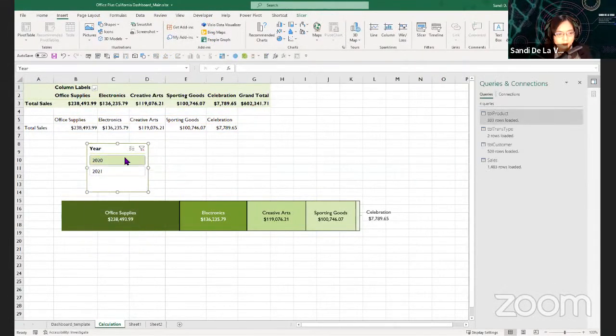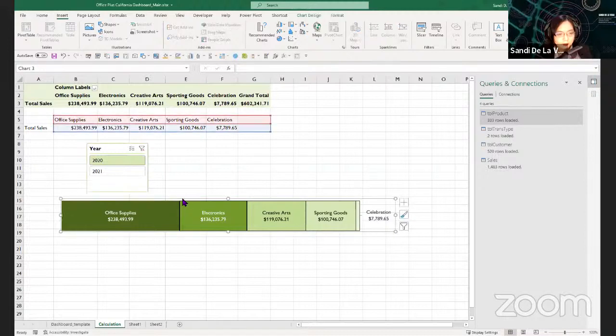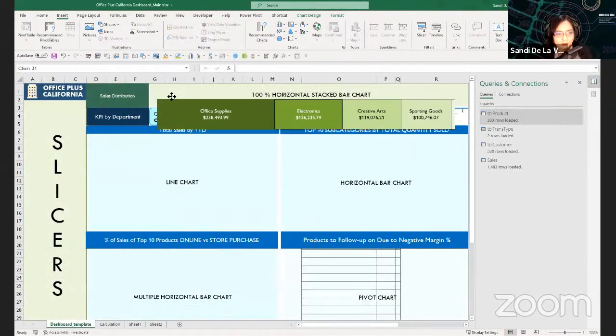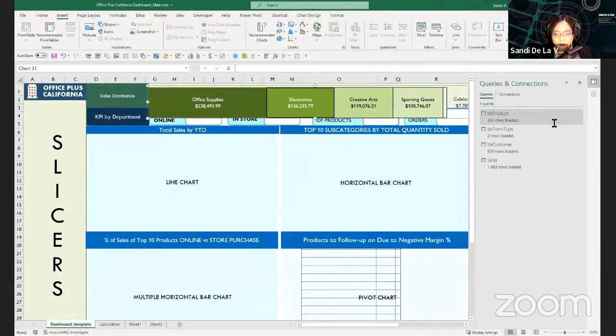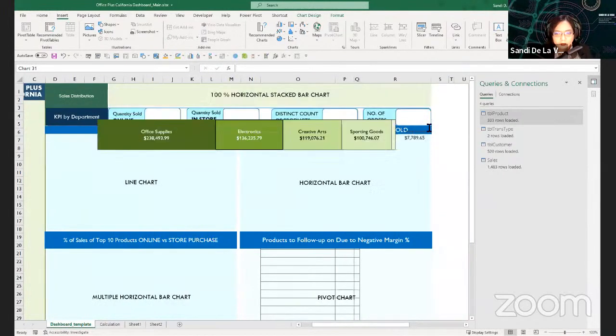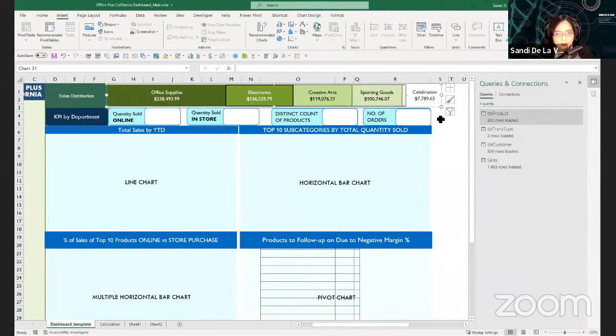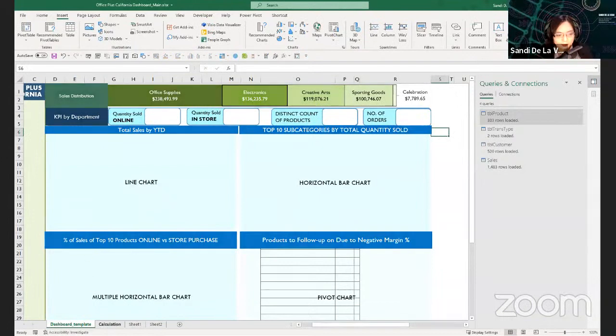So let's transfer it to our dashboard template, add it to the sales distribution here, and maybe remove the label as our first part of our dashboard. So just edit it so that it will be visually appealing here. There. So next, let's create another chart.